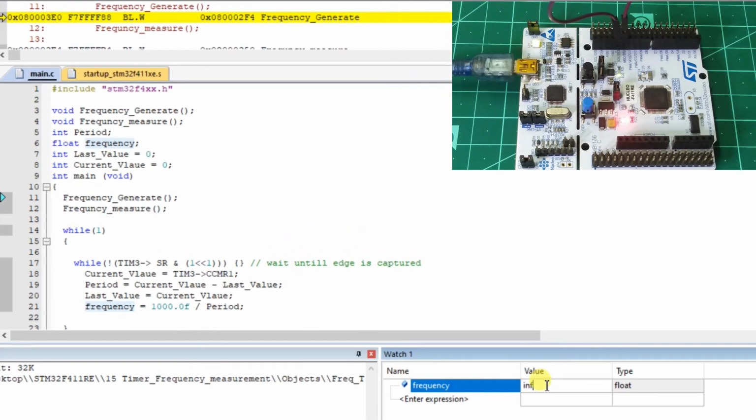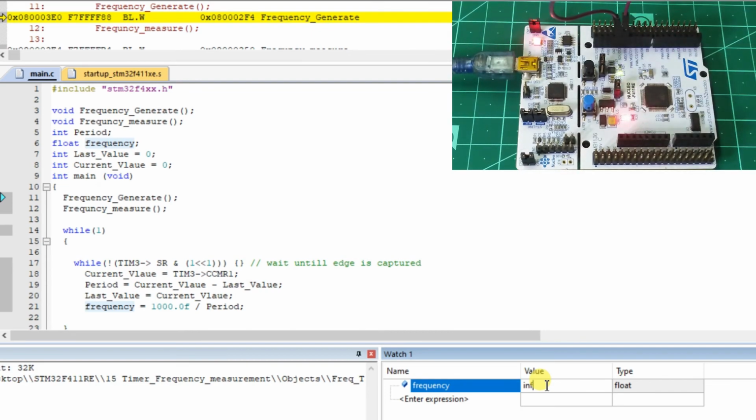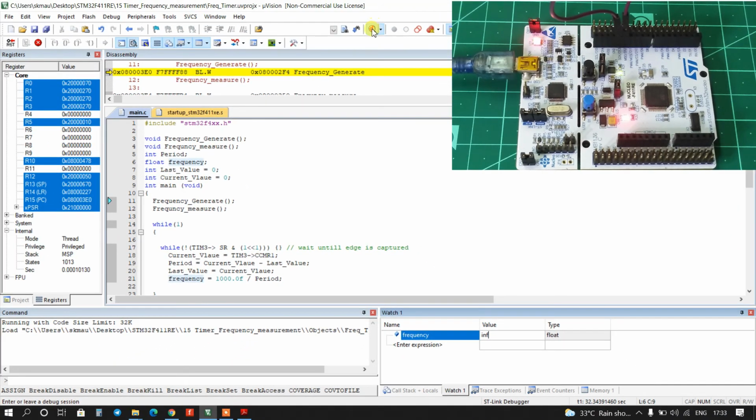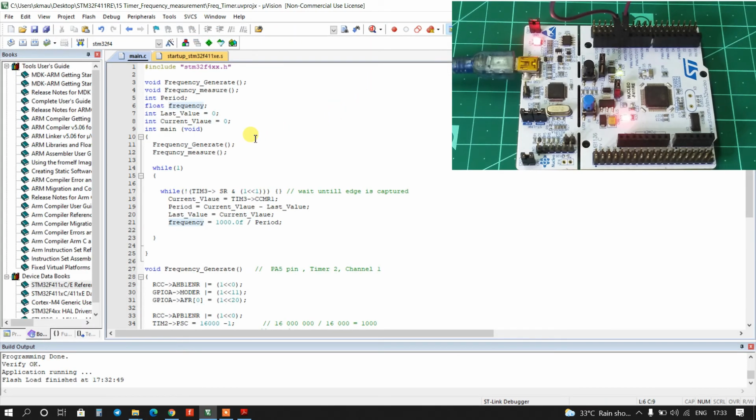Okay, why is it infinite? Is there any mistake? Let me check once again. Sorry, this is not the CCMR1 register. This is the CCR1 register.